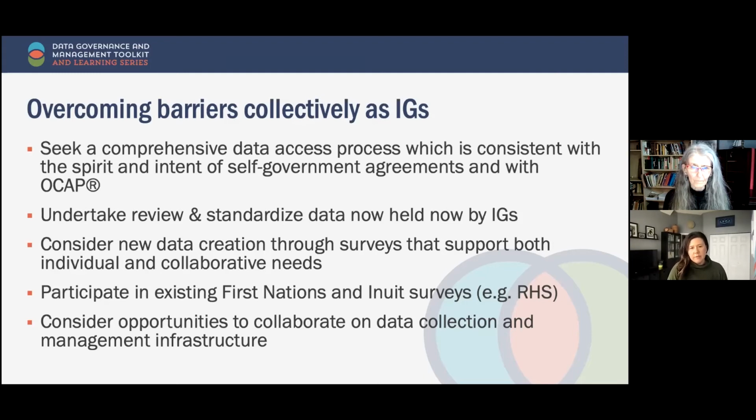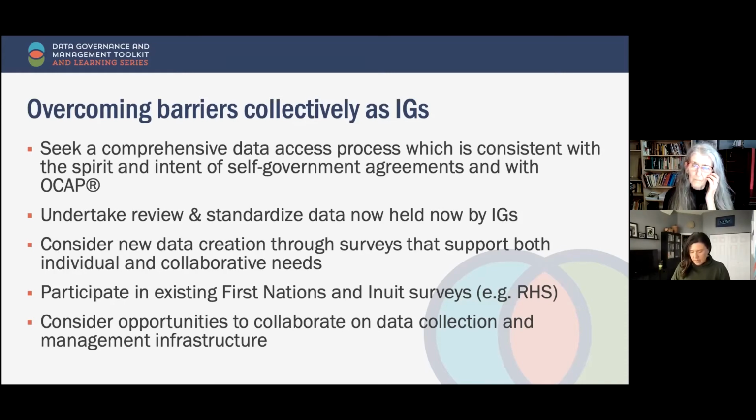And then, this kind of power in numbers thing, being able to collaborate on certain things around data collection, management infrastructure, policy development, development of legislation. Some things are unique to each IG, but a lot of things are the same. And hopefully we're starting to pull some of those things into this toolkit, and again invite your feedback as to what that toolkit needs to contain to support all of you in upholding your functions and data.